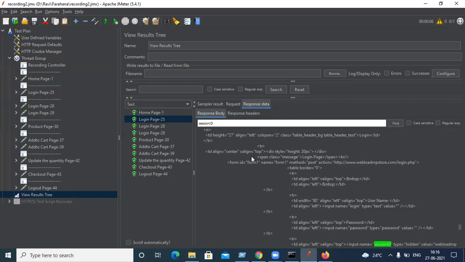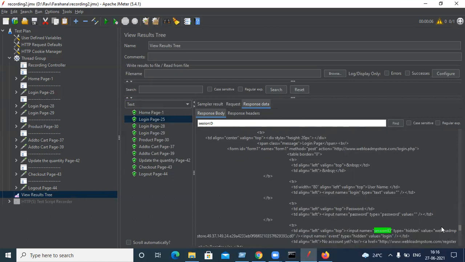Okay, so let's see. Now we know the value which we desire has a fixed left side and right side. So what we do is write a simple regular expression, dot plus question mark. Whenever the left side of the value and the right side of the value are fixed, we'll go with that expression. So let's copy this whole line till this point.